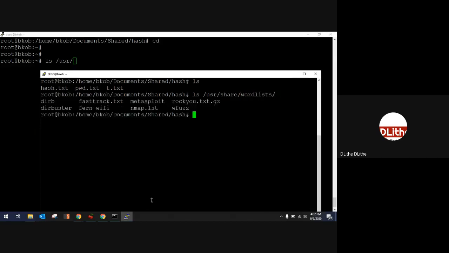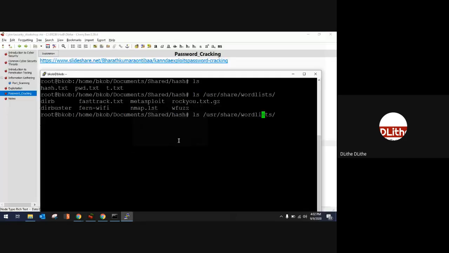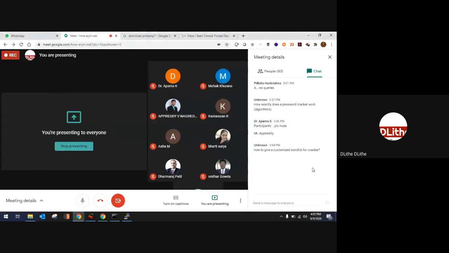You can find there are different files, various word lists in your Kali itself. You can use these, or else you can build your own word list by creating a text file which includes all the required passwords. As simple as that. Hope both the queries are pretty much clear. Please let me know if you have any queries, guys. In that case, any queries?